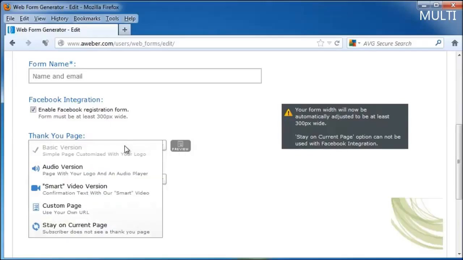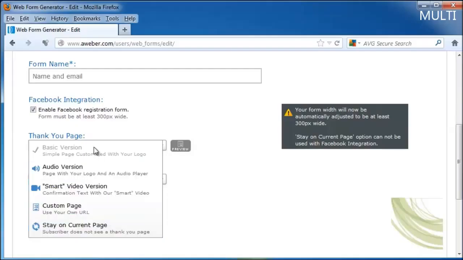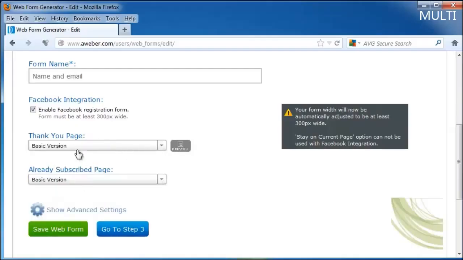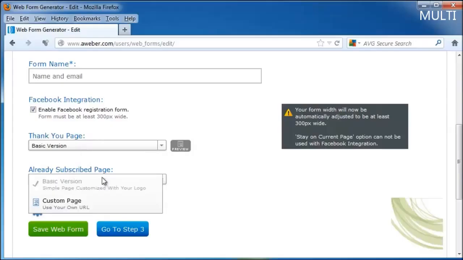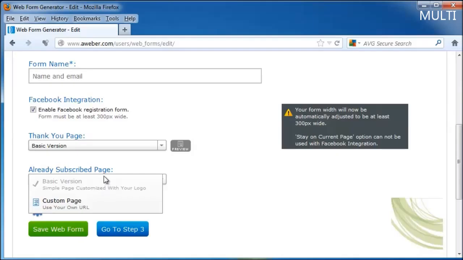Our thank you page we can do as a basic version, an audio version that will be a page with your logo and whatever audio you want, a smart video version, a custom page with your own URL, or they stay on the current page and it doesn't show them the thank you. I'm just going to click basic version. In the already subscribed page, I'm going to use the basic version for that too,